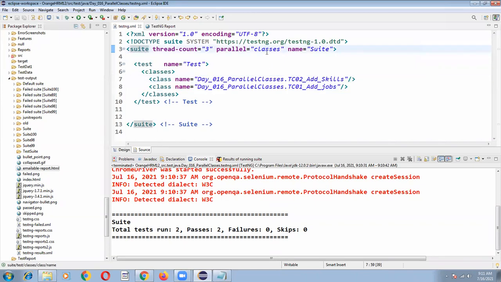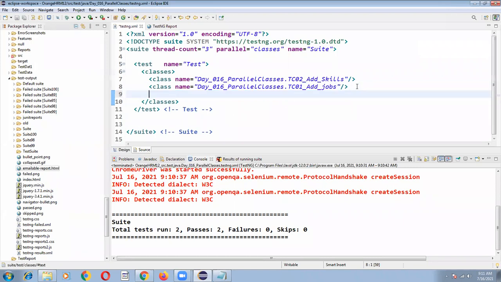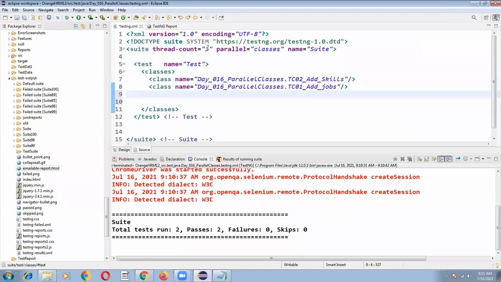So I'm writing parallel is equal to classes and thread count is equal to 3. What is the meaning of thread count is equal to 3? Suppose in your testng.xml, it contains 10 testng classes like TC01, TC02, so like that. At a time, how many testng classes does it have to execute? First 3. And after that, next 3. After that, next 3. And in the last iteration,